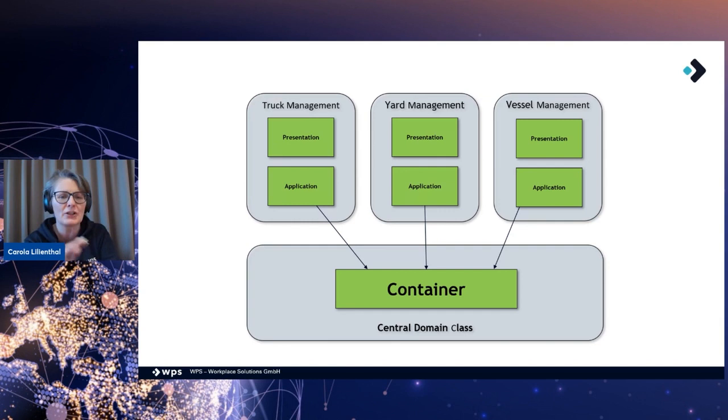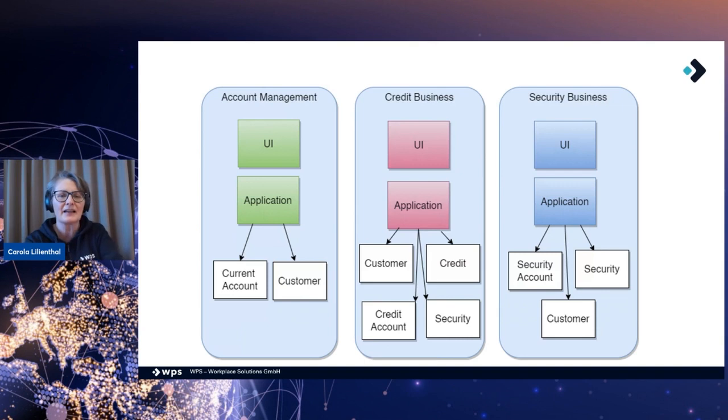A different domain, which is not like this, just to show you the opposite, is the banking domain. In the banking domain, there are various divisions such as account management, credit business, security business, etc., which all have to do, of course, with the customer, but whose products differ significantly. A credit is something completely different from a security, so no one would try to create a unified abstraction for this or use a single class bank customer in all subdomains.